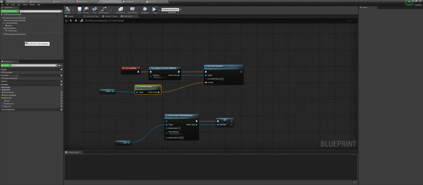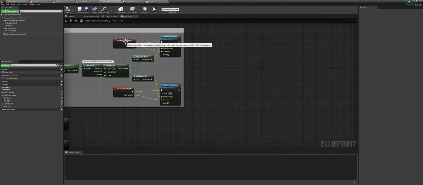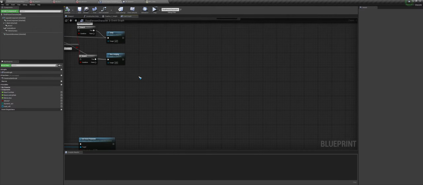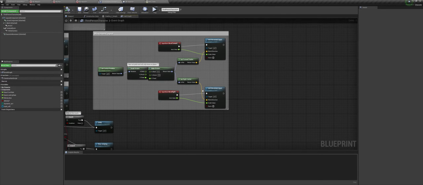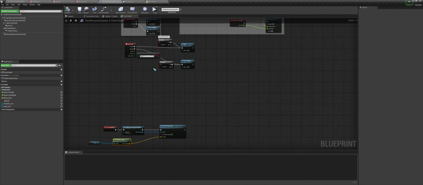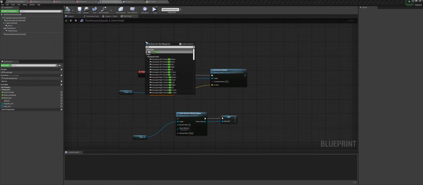So if you want it to move around the player, you can go to the move forward and move right inputs and create a custom event called update movement and connect that here and call the custom event when we move. Or a very easy way to do that is to use tick.